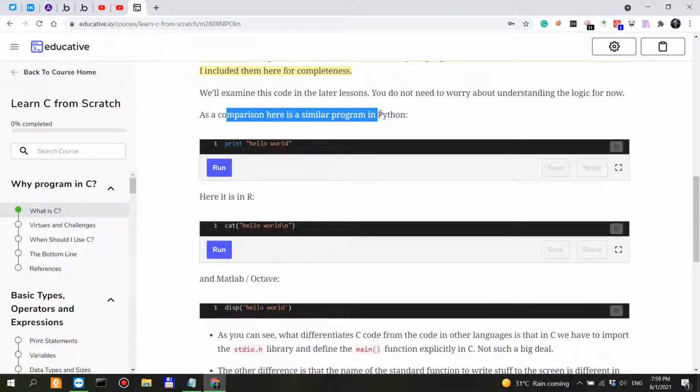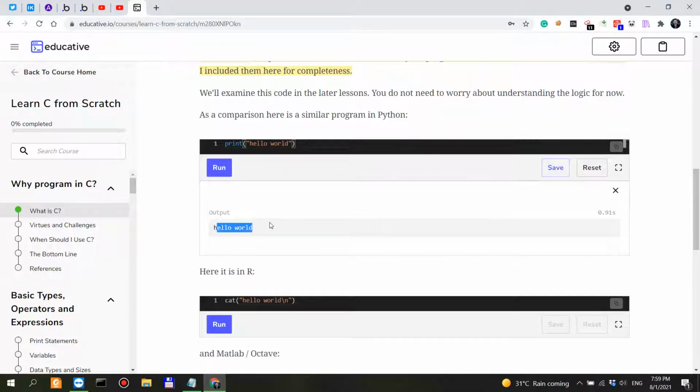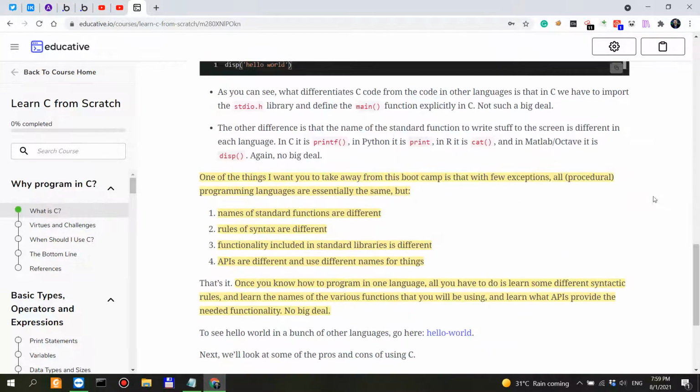We also have similar programs written in Python and R. As you can see, the function is what's different. And in Python 3, you would have the parentheses here. I think it goes in Python 2 as well. Let's see. It goes in Python 2 as well.